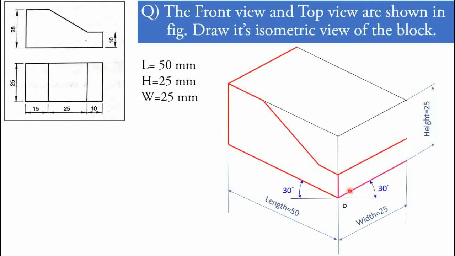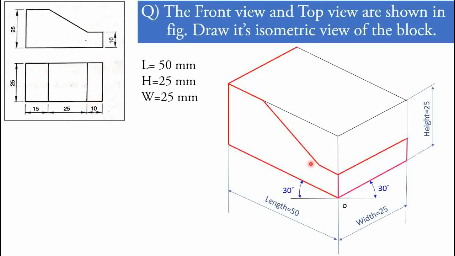dimension. Means from each and every corner point of this front view we have to draw a parallel line to the right side inclination line, having the same width, that is 25 mm, such as this one I have drawn right now. The second one, after representing that, the rectangular portion will be represented on the right side, because it has 10 mm height and 25 mm width, means that is a rectangle 25 by 10 mm. Now again this rectangular portion at the top side, which is visible in the top view, that is 10 by 25 mm, we have to represent here.